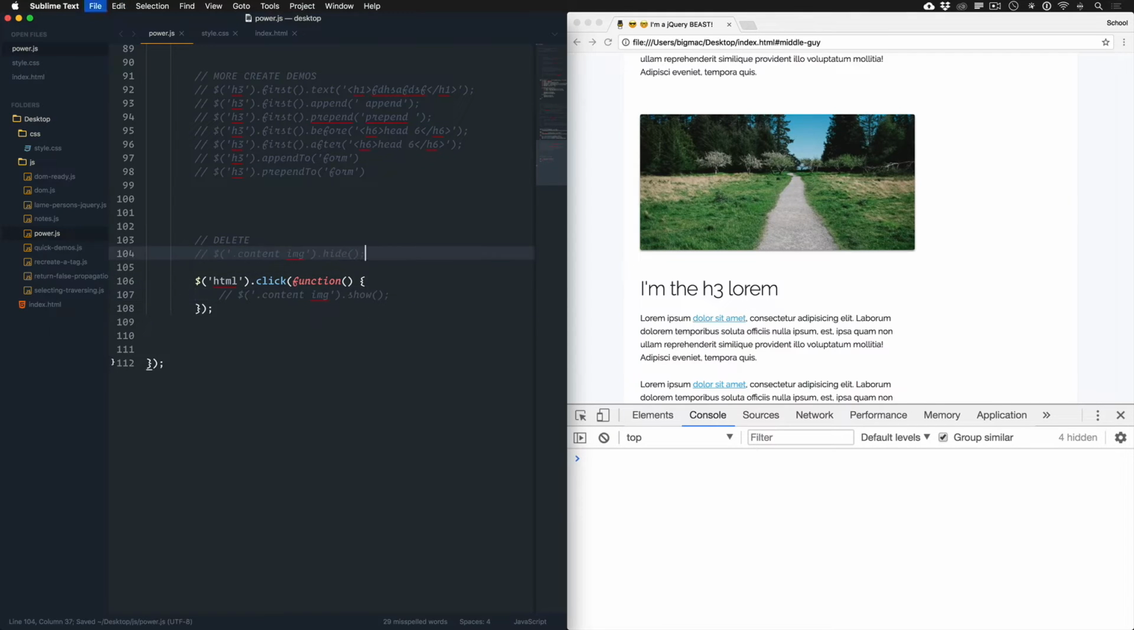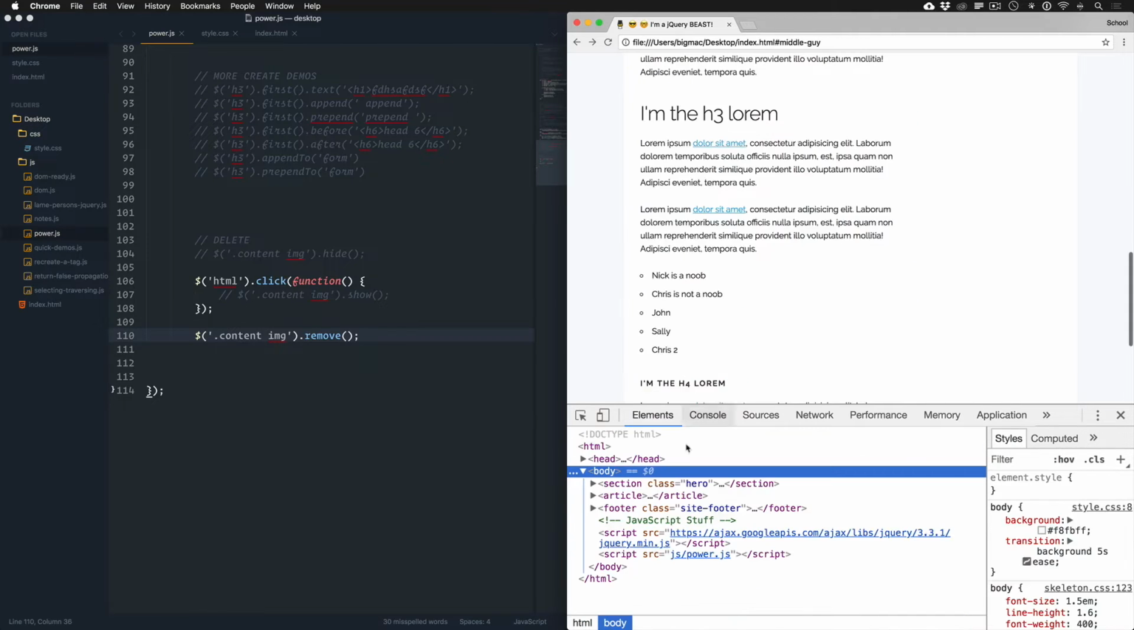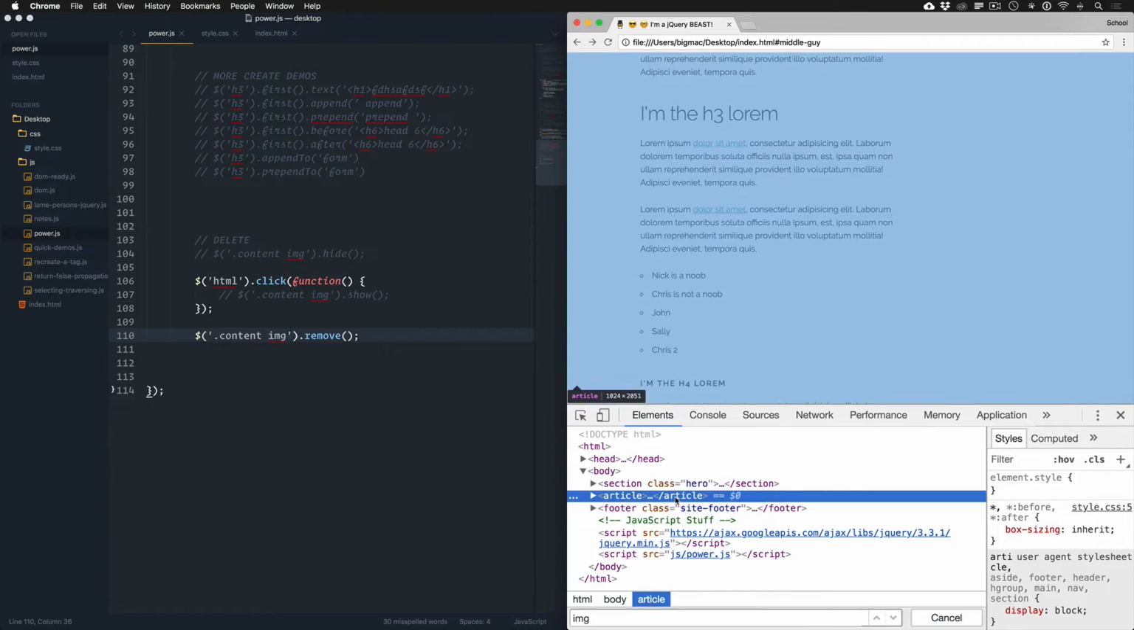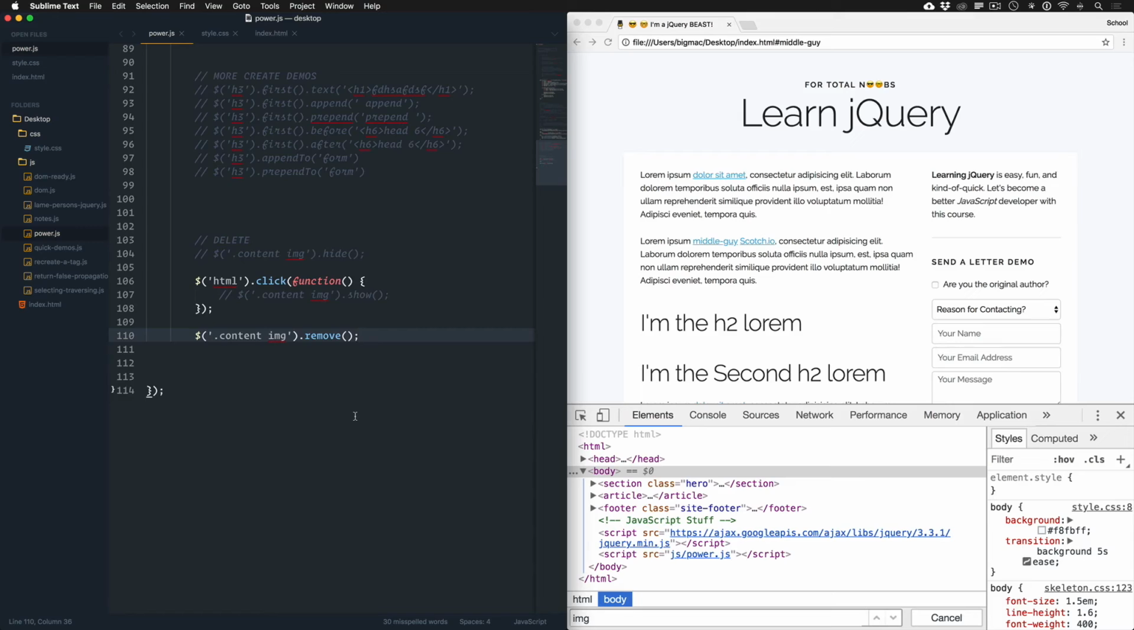Alternatively, you could completely remove it from the DOM, which would be this method, remove. So if I refresh now, and I'll try to find the image, it's gone. It was the equivalent of hitting delete. There's no way to access it. The only way to get that back